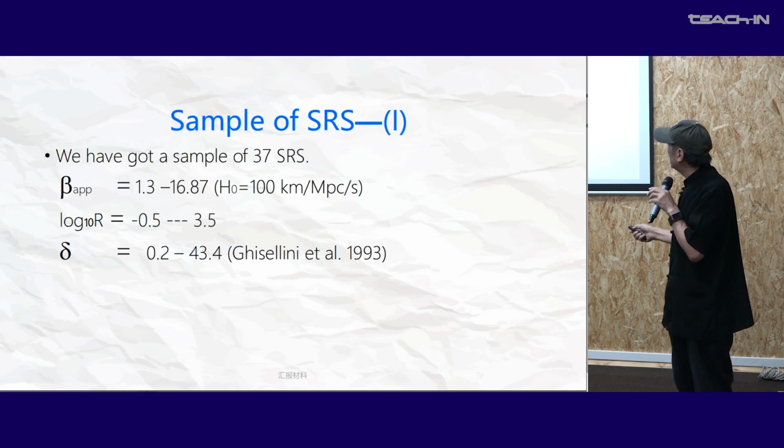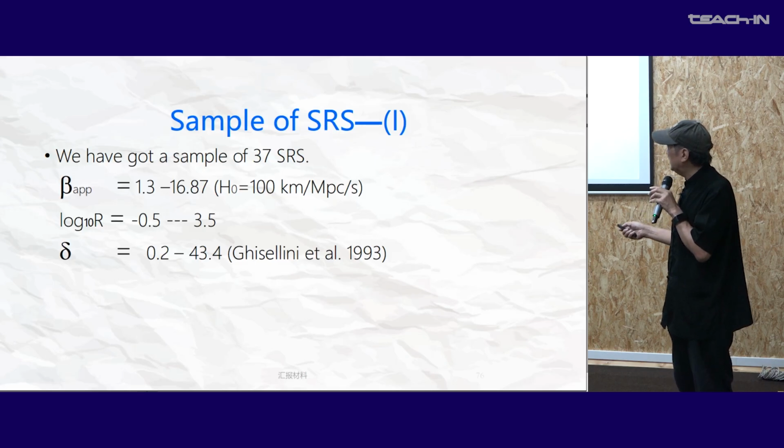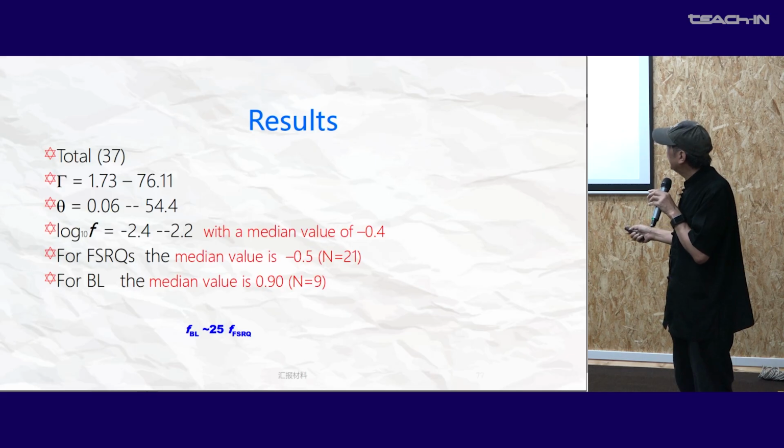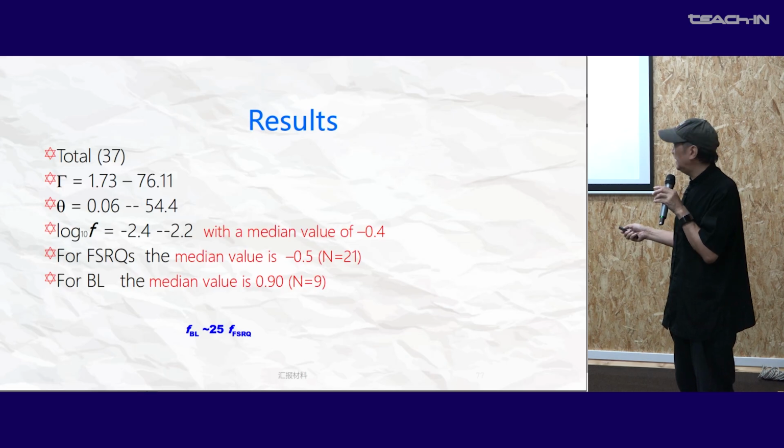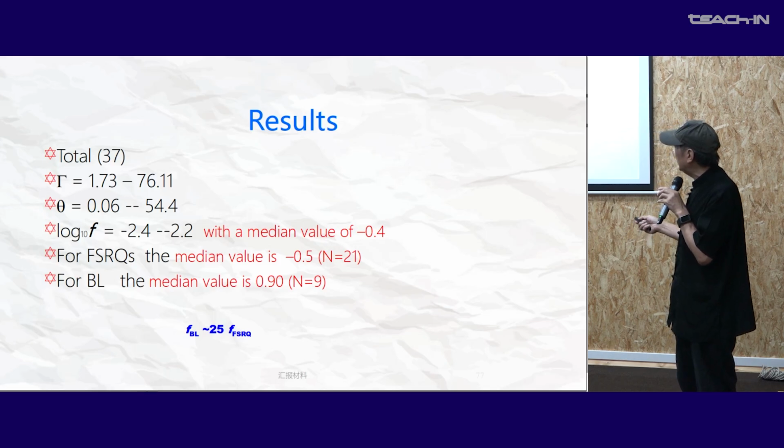We got 37 superluminal sources. This is for the total sample. This is beta, and this is log R. We have log R, and we can get the Doppler factor from this work, and then we can calculate gamma, theta, and then we can get the F. So for FSRQs, the median value for F is